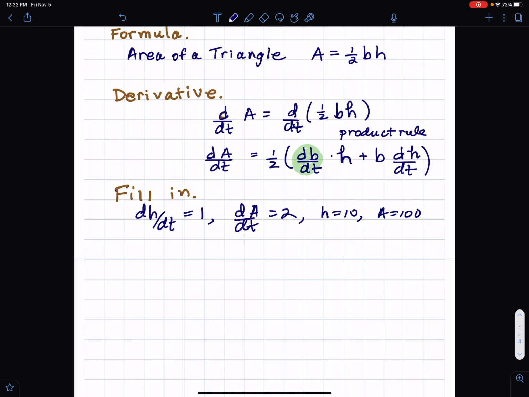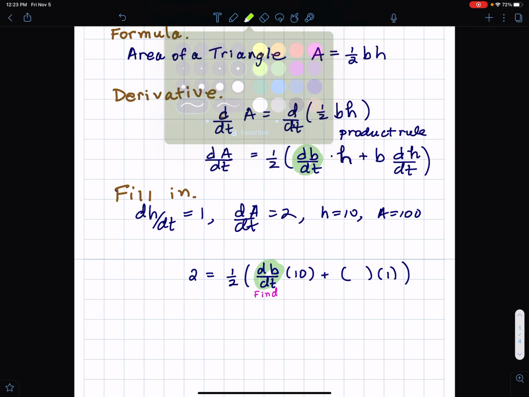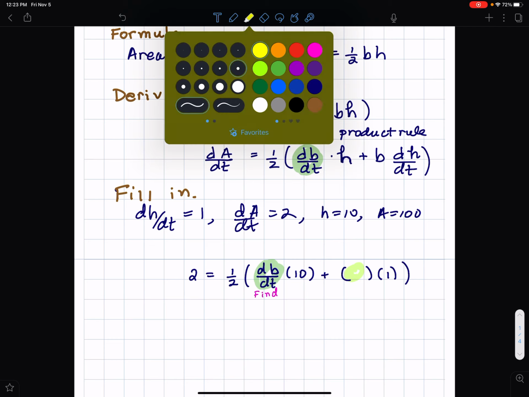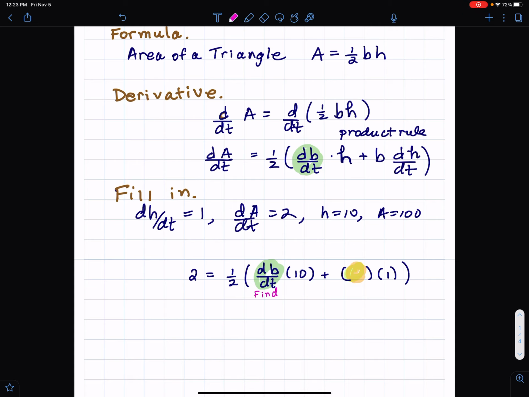So dA dt is 2. Then we have 1/2 dB dt times h, that's 10, plus b times dH dt, which is 1. The thing is, I'm trying to find this dB dt. Let's put a little mark, find this. But there's this other part here, this other part, I also need to fill in. So the question is, what is b